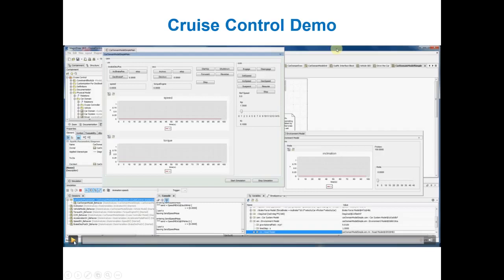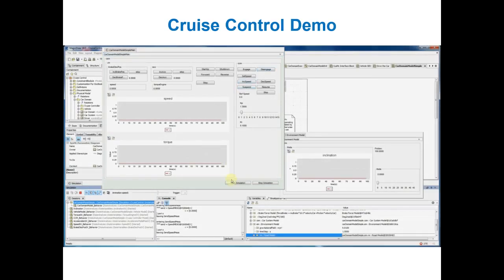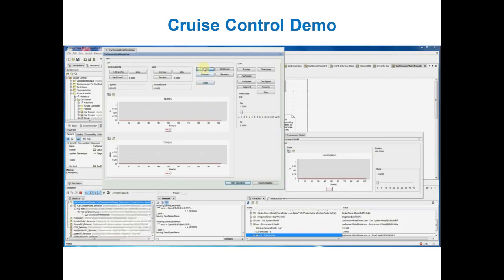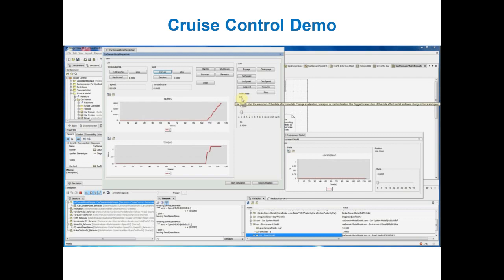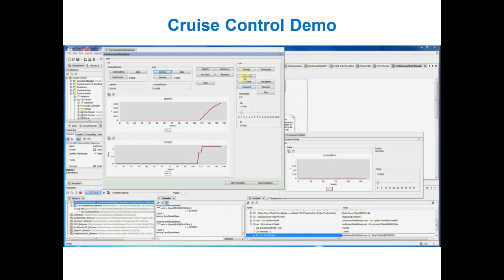So here's a little demonstration where you start the simulation and start up the vehicle, and then you start to push the accelerator pedal, and the torque goes up consequently, and the speed goes up, which is shown on the graphs. The cruise control interaction is on the left, where you can engage, disengage, set the speed, increase or decrease the speed, suspend, or resume. And you can also change the parameters of the PID loop, the KP in particular,